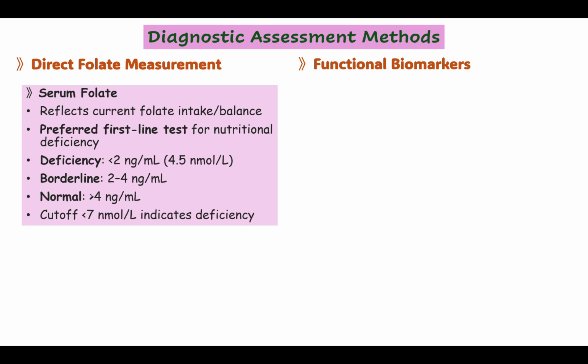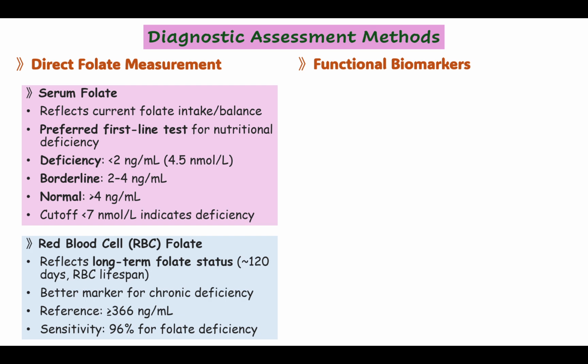A level of 2 to 4 nanograms per milliliter is borderline and greater than 4 nanograms per milliliter is normal. It also notes that a cutoff of less than 7 nanomoles per liter indicates deficiency. Red blood cell folate reflects long-term folate status, roughly over the 120-day lifespan of red blood cells, and is a better marker for chronic deficiency. The reference value given is 366 nanograms per milliliter or higher, and the slide cites a sensitivity of 96% for